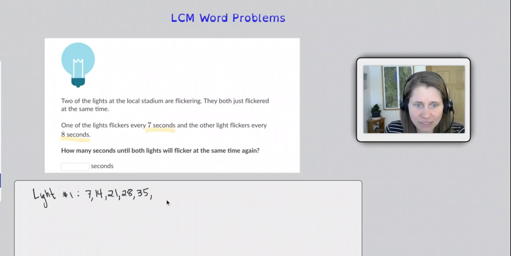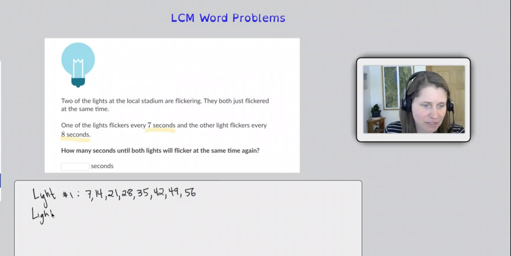I'm going to keep going until I get to 7 times 8, because I know that that will at least definitely be a common multiple. I just have to make sure it's the least common multiple. 7 times 6 is 42. 7 times 7 is 49. And 7 times 8 is 56. All right,